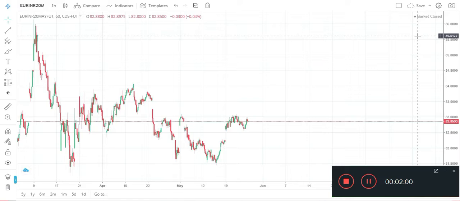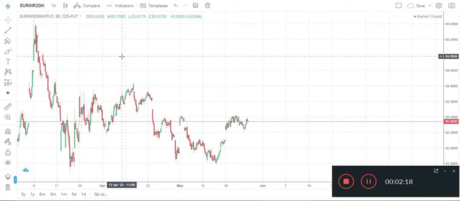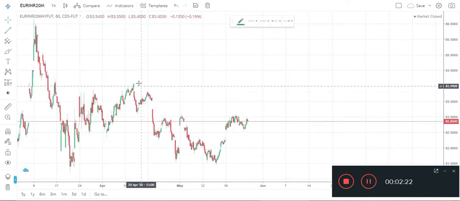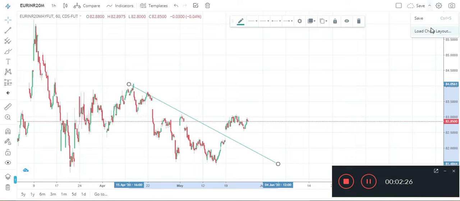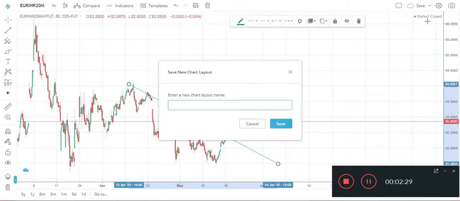And another point to note is that with Zerodha, when you save a chart layout, where it allows you to save 10 chart layouts, these layouts are saved on the device. Remember this, it is saved on the device. That means, let us say I have the Euro INR May future here, right? And I make some modifications here. Let us say I draw a trend line and keep it. Now I'll go and save this chart layout, right? I'll save this as CDS chart layout.